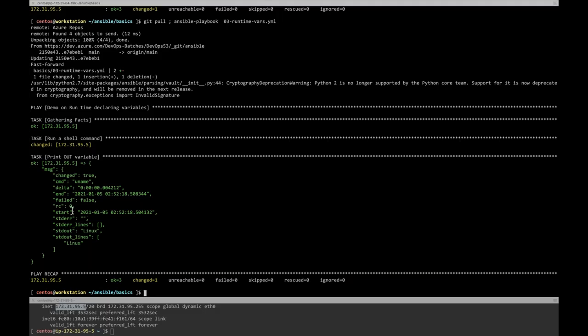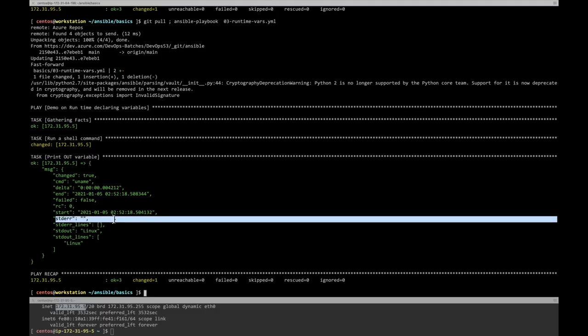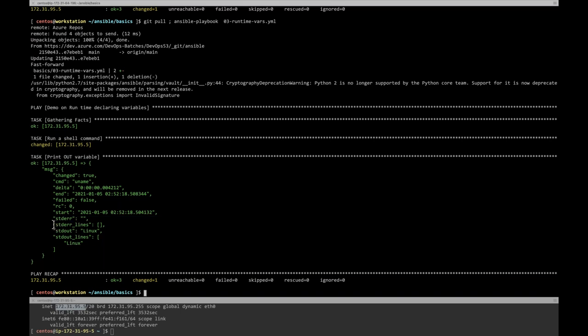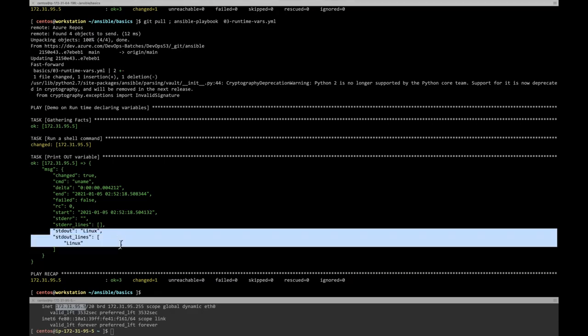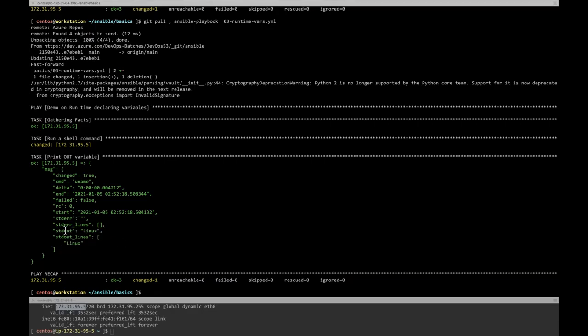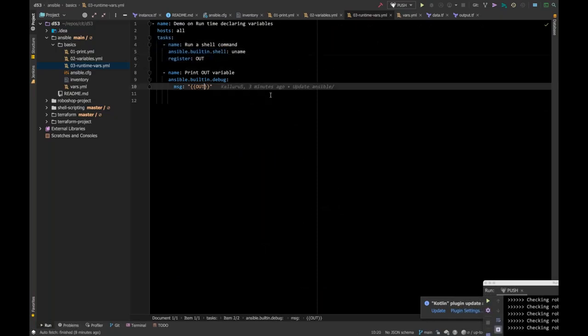Written code is nothing but the exit status is actually 0 and start time, and if there are any errors it comes to here, and if there are any, standard error lines. So now standard output and standard output lines. Now out of these I'm looking only for standard output to be printed. So then what I can do is I can just go and give